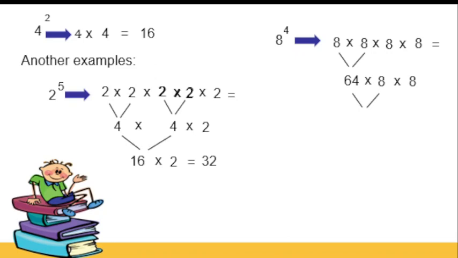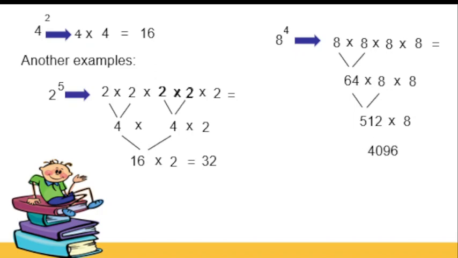And the product of 64 and 8, of course, that will become 8 times 4 is 32, carry 3. So that is equals to 512. And then multiply it by another 8. So this time the result now is